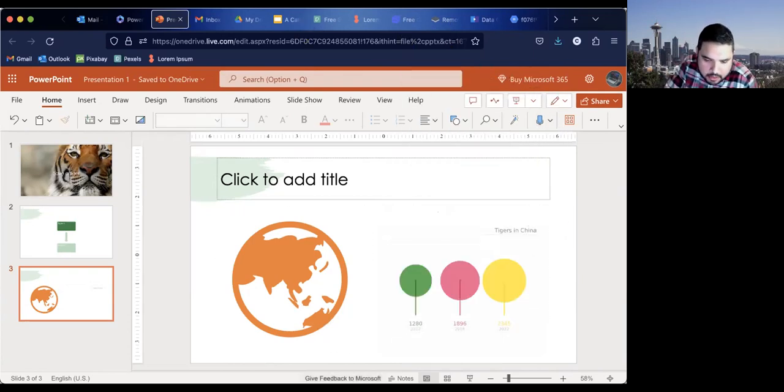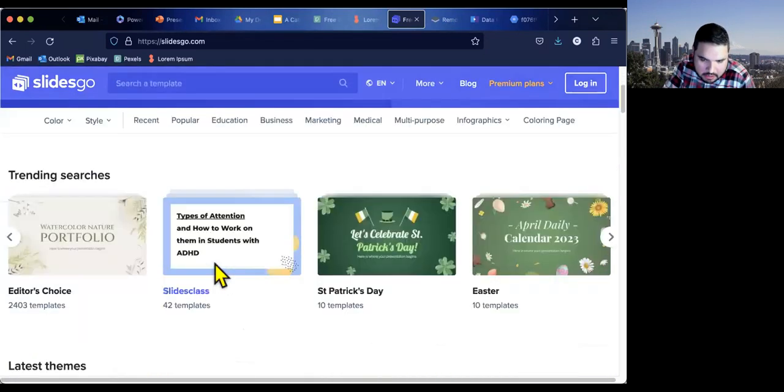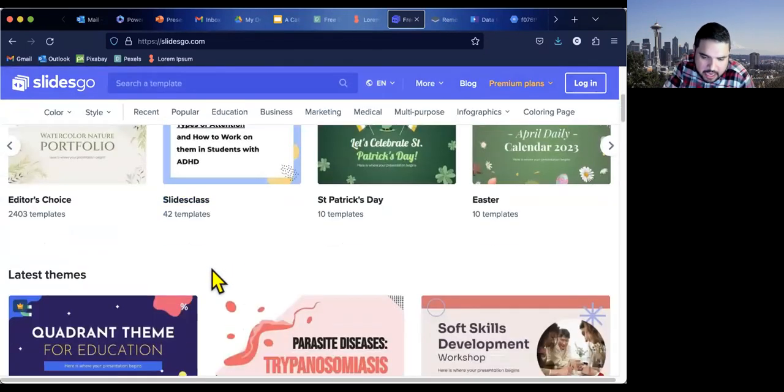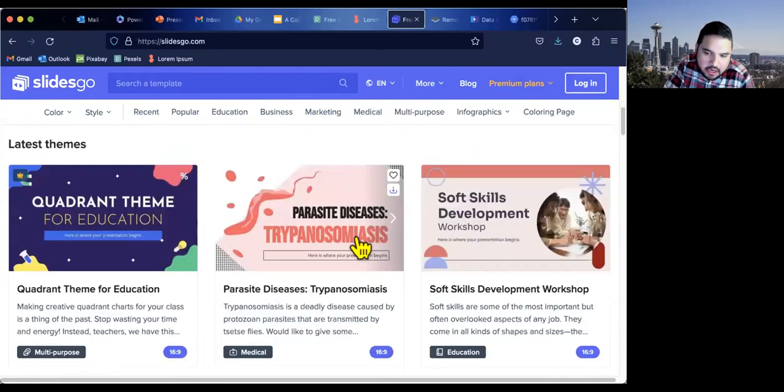All right, great questions. I'm going to jump on over to this really cool resource. It's called Slides Go. And here's a really cool place to get some templates. So maybe for work, you have a template that you have to use, but you could still use some of the things on here.